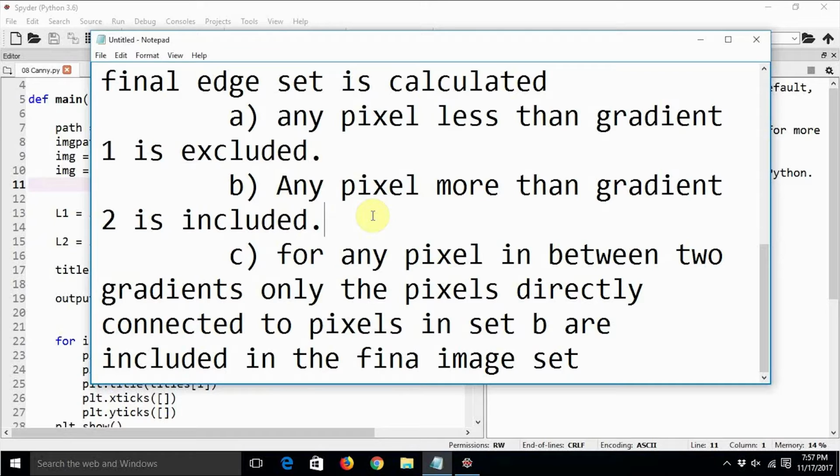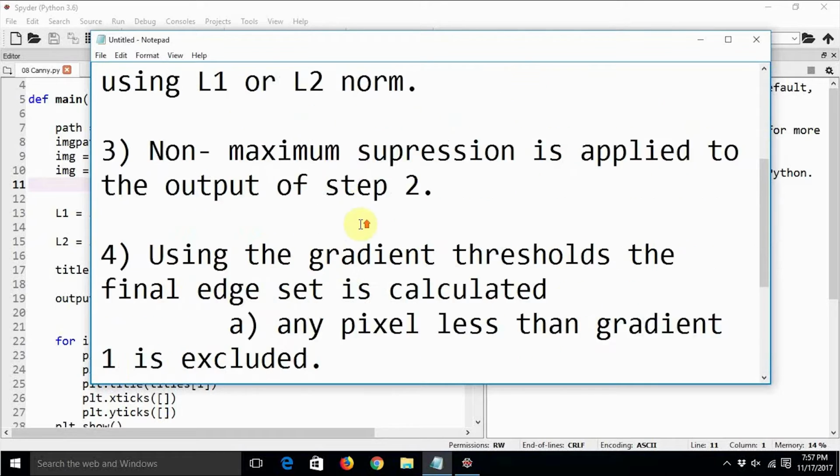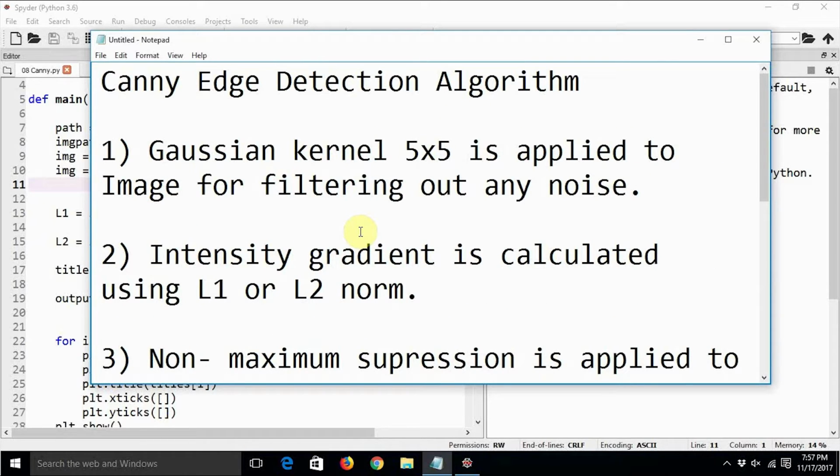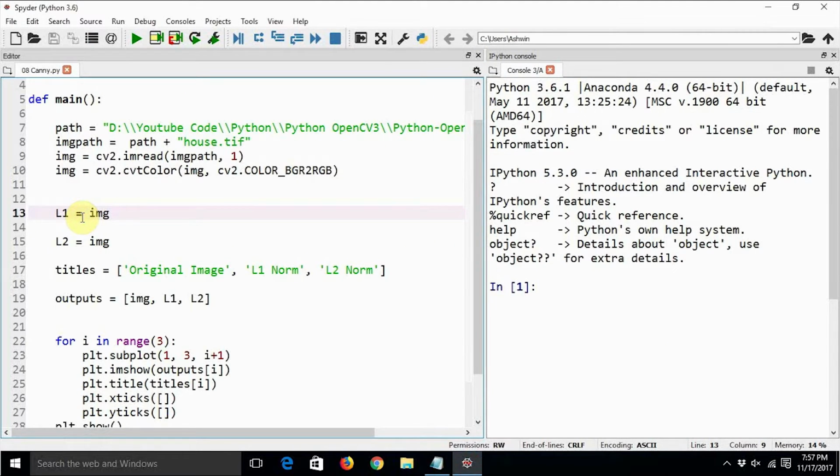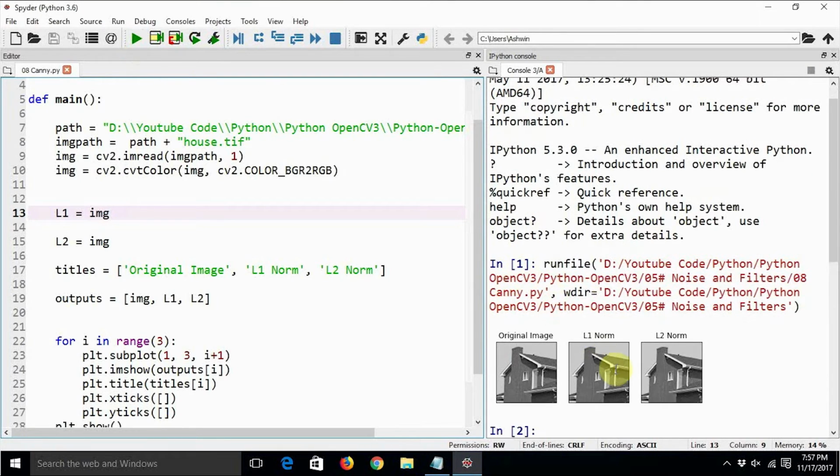So now we are going to see the usage of the function which implements this algorithm. OpenCV is very generous, and they have already implemented this algorithm. We are just going to see how to call the function, how to use L1 and L2 norm, and how to set the thresholds to get the proper value. Now this is the template of a program which shows three images. The first image is supposed to be the original image, and the second and third images are going to be the outputs. As of now, I have just kept them as the original image because we haven't called the function yet. These are just placeholder images, not the final outputs.